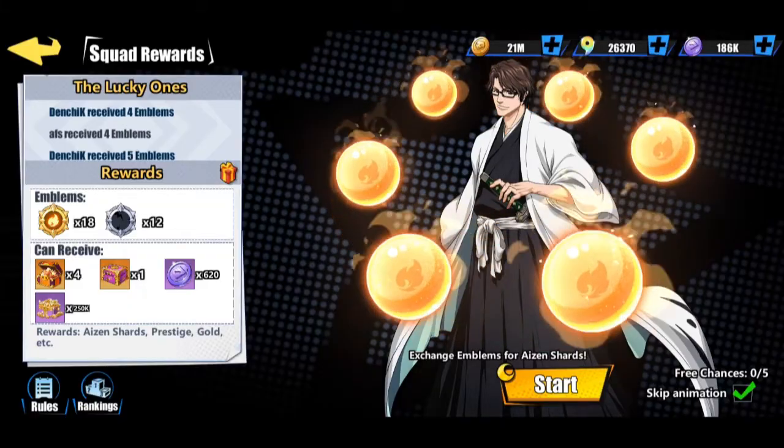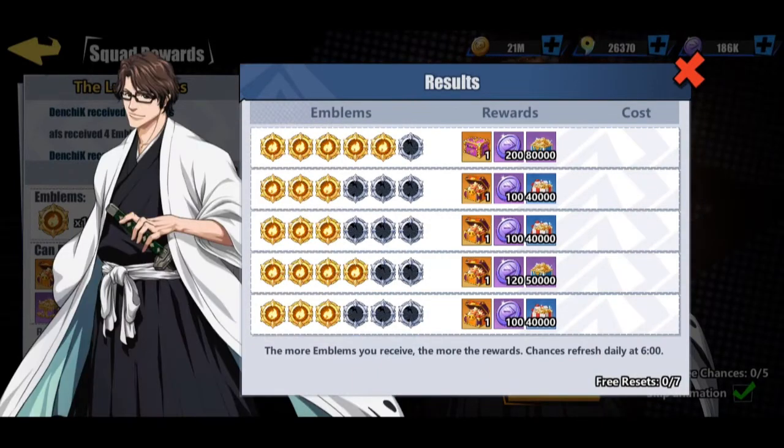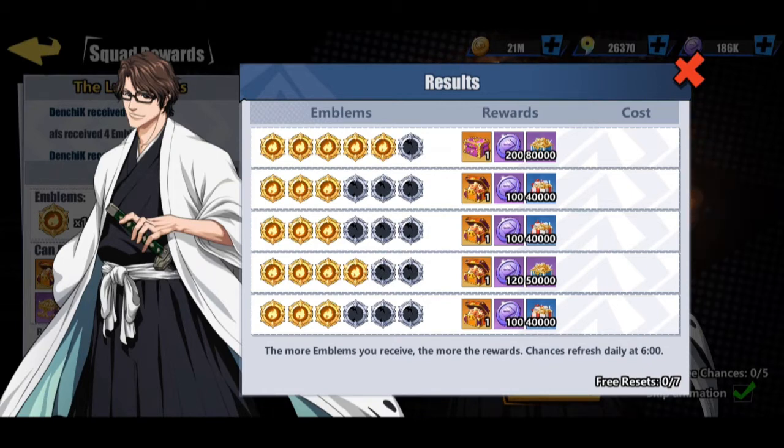And then when you're here at the squad rewards, always try and get 3. Always try and get 3. Unfortunately, I clicked mine and I got 5, which is... I didn't want 5. Usually you want to try and get 3 to 4 tops. This is pretty much a waste of a roll, because unless you're trying to get Eisen, which a lot of people are trying to do still, so it's not bad. I had to get an Eisen chest. So always try and get 3 or 4, because that'll get you